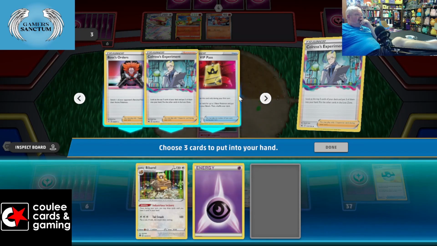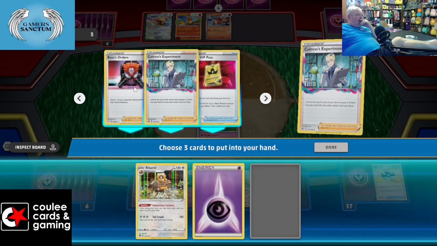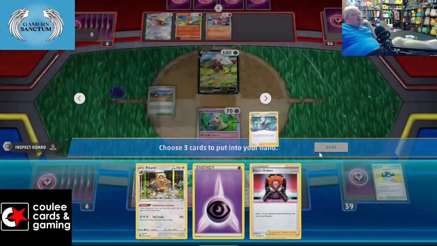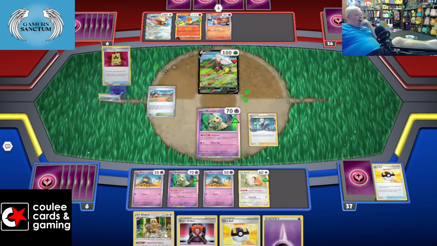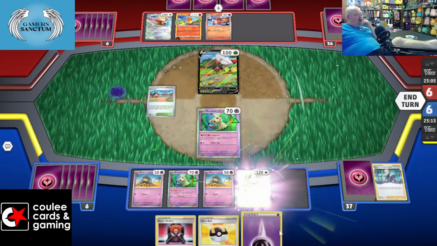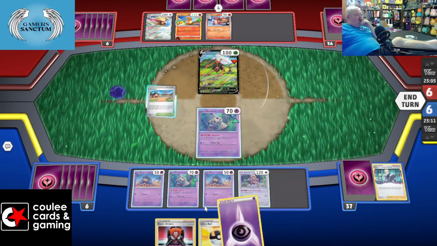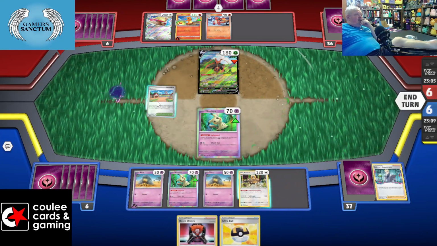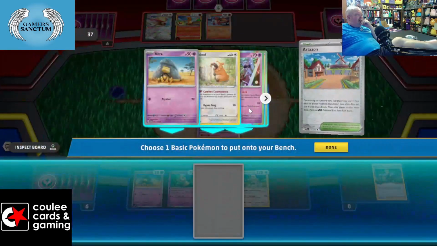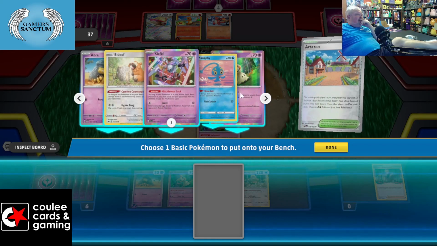I'm going to take the energy, contrary to popular belief. Let's take that one, I guess. Yeah, I guess so. We're going to try to play our hand down as much as we can. So Beebs goes out. Energy goes out. Right? Let's go use the Artisan because we're probably going to get a stadium, even though we threw 2 away. And let's get...